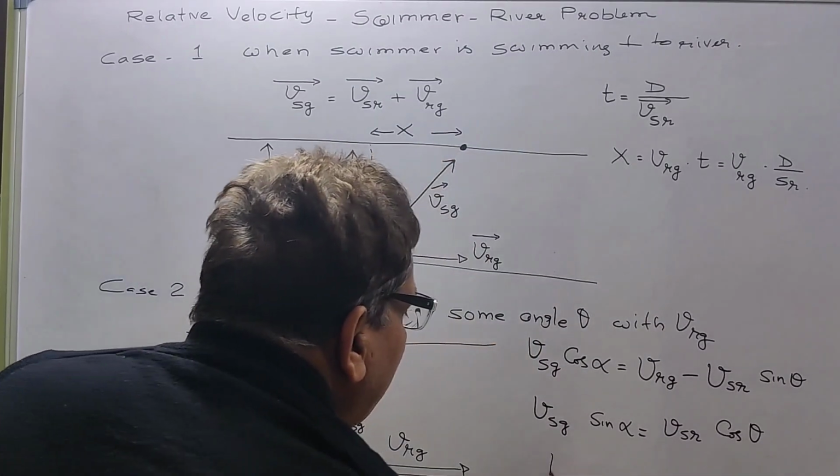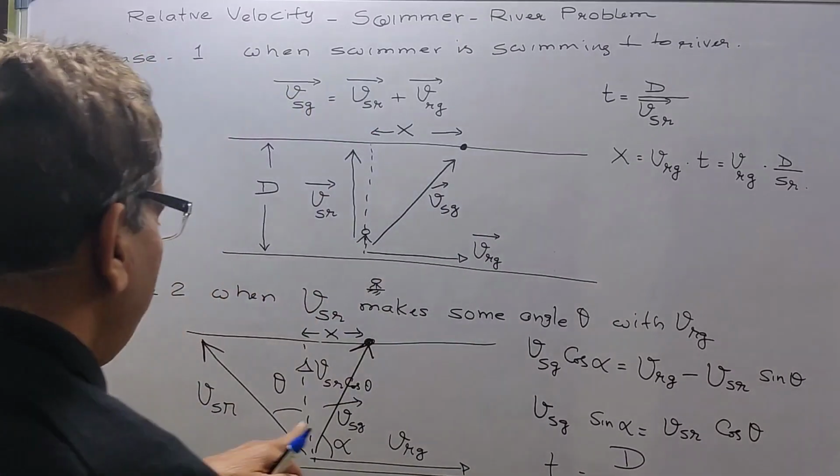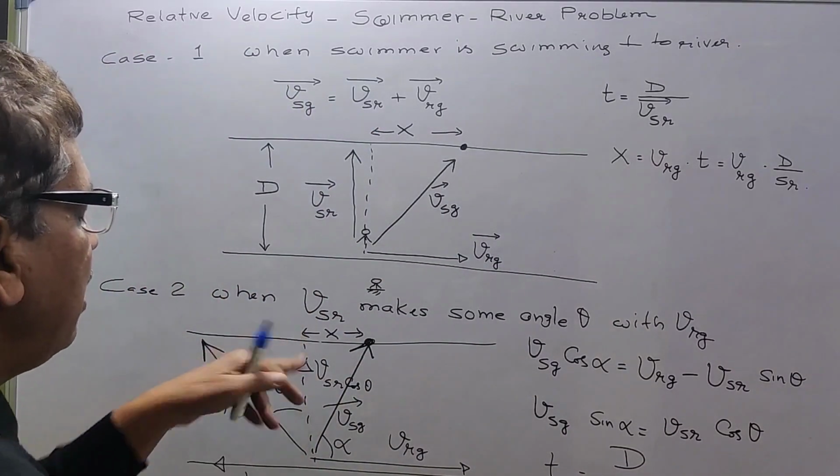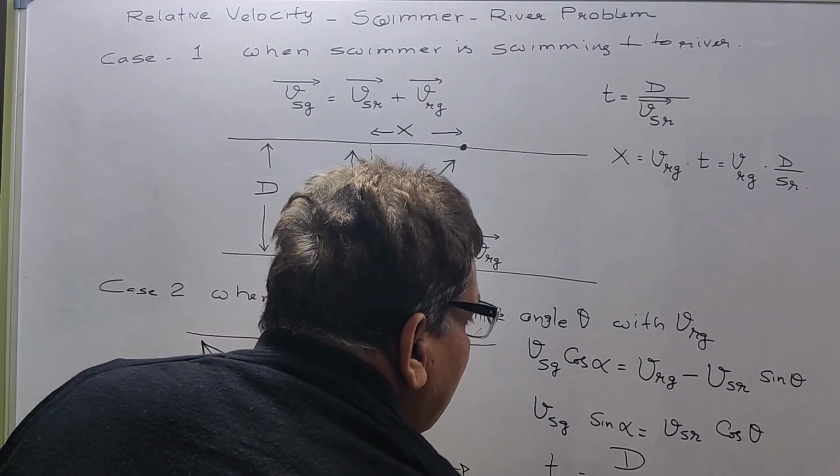Now the time it takes to cross the river is d divided by, in this direction, the component VSR